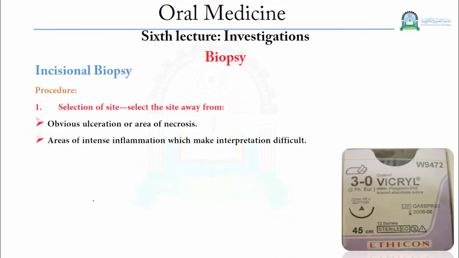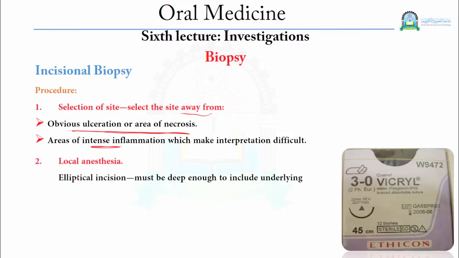Then the procedure of incisional biopsy: selection of the site should be away from the obvious ulceration or area of necrosis in that lesion. If there is any area of intense inflammation which makes interpretation difficult, you need to be away from it while taking the biopsy. The second step is the local anesthesia, and then the elliptical incision must be deep enough to